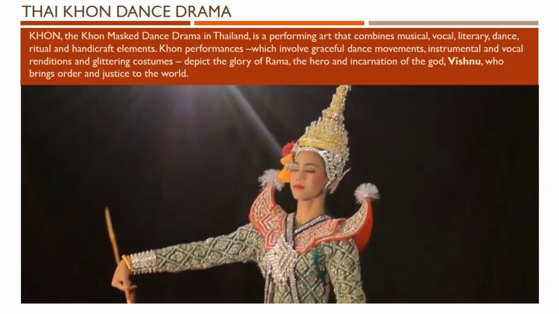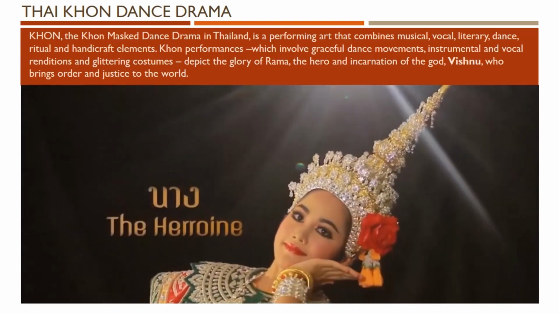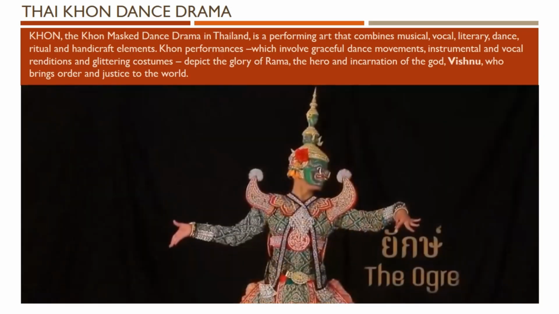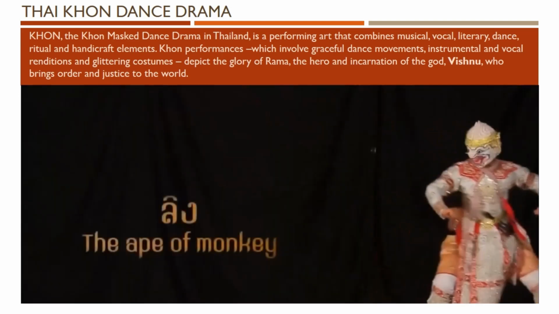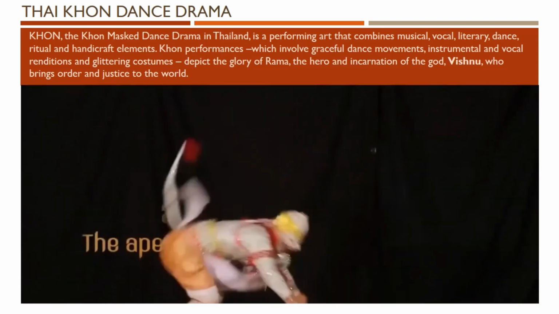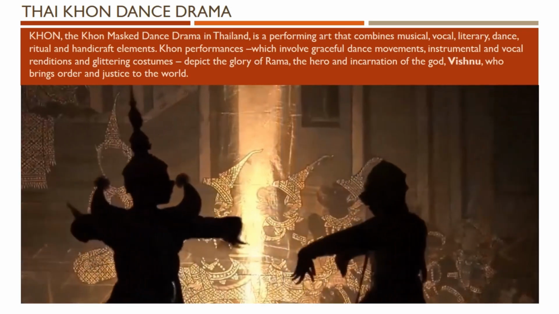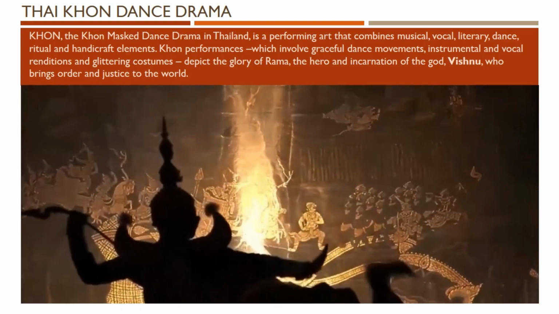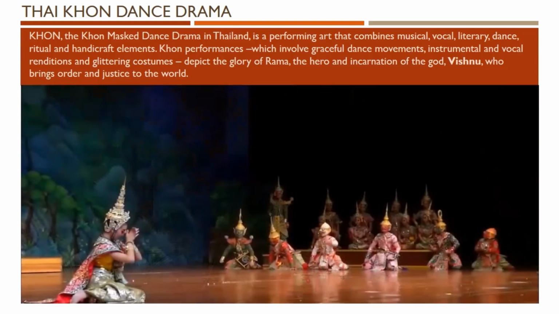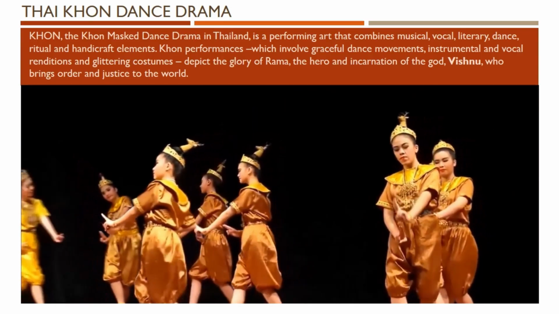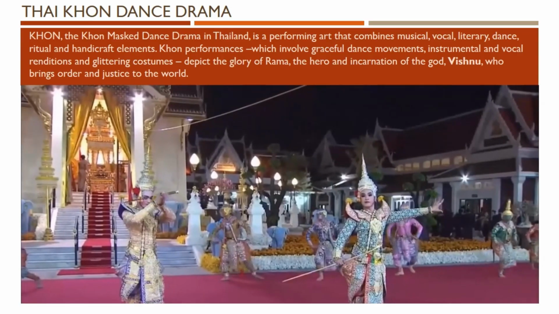The most memorable Khon characters are the principals of Pra, or the leading male, Nang, or the leading female, Yak, or the ogre, and Ling, or the monkey humanoid. Each of these characters has their own distinctive personalities and choreographies. The characters were featured in the classical literary masterpiece called the Ramakien, which had been derived from the classical Sanskrit epic, the Ramayana. Khon performances have been adapted to reach as many groups of audiences.